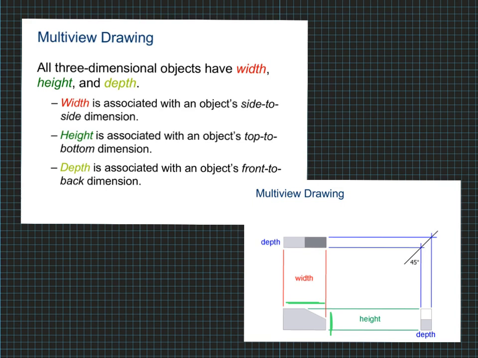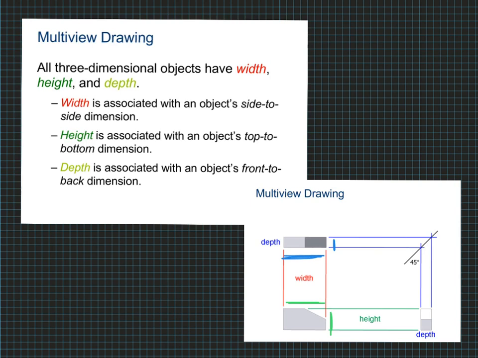It's like if you took a 3D object and you smashed it up against a wall, it's just that outline that you would basically see. If I'm looking at my top view, I can only see the width and the depth. I can't see how tall it is if I'm looking down on top of something. Think about if you're hovering over somebody and you look down at them, you can see how wide they are and you can see how deep they are from the front to the back,